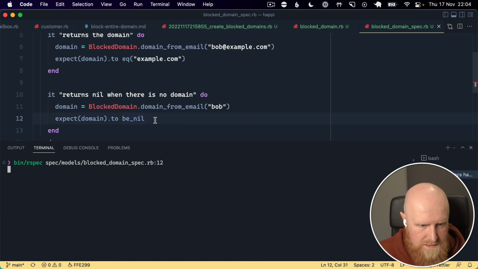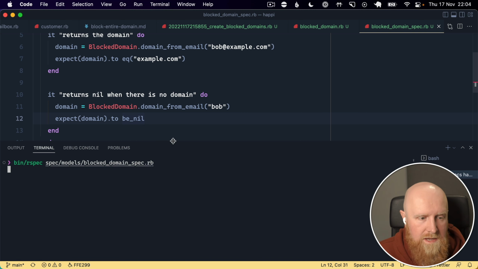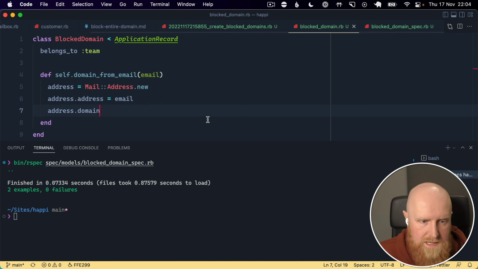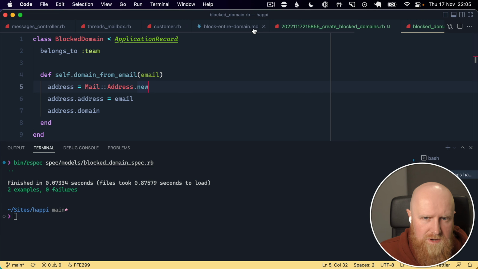That passes, and let's see what this one does. That returns nil as well. So I think that's exactly what we want to do, and given that's part of the mail library, it should be pretty robust for parsing and things like that. So that kind of solves our first two